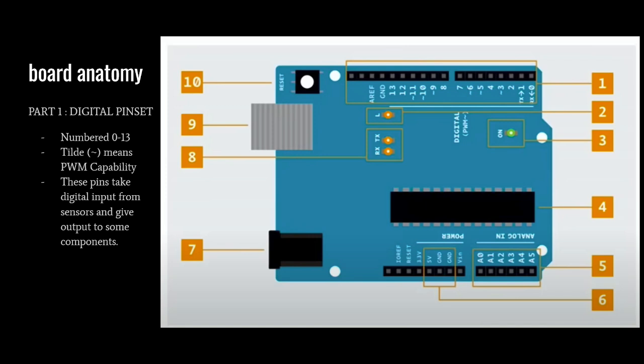Okay, great. So this digital pin set up here is for input, which means sensors give in data. For example, humidity, I don't know, like water levels, buttons, anything that's input goes into here, right? And tilde means that there's pulse width modulation capability. I'll explain pulse width modulation right after this. But for now, all you need to know is that it controls kind of the power level. It controls the power level given to whatever. Okay, so